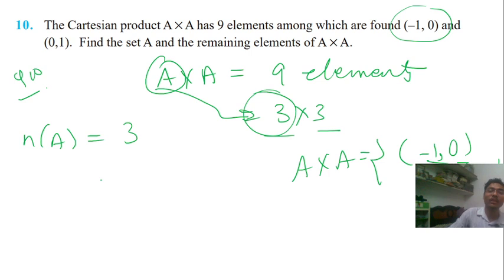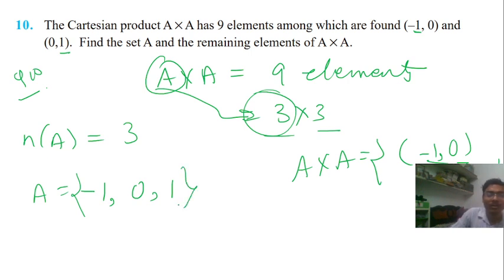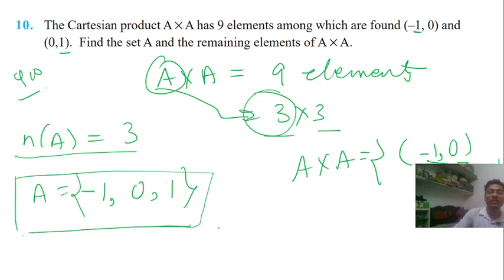so if we try to write the elements of A here, so A has 1, 0, so we write -1, 0, and it has also +1, so we will write +1. So that's how all the elements of set A are defined here. This is our required result. A has 3 elements, -1, 0 and +1, and the number of elements in A is also 3, so we found all the 3 elements,